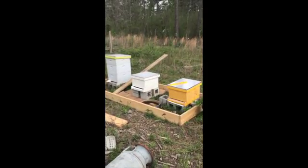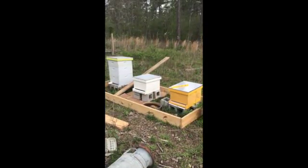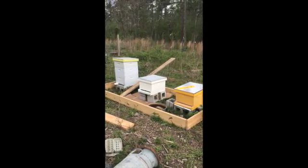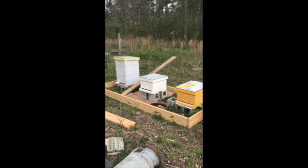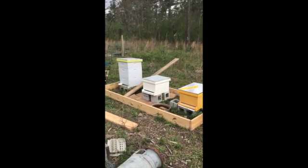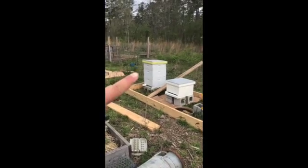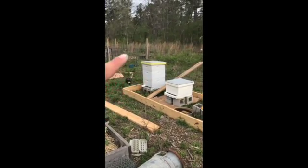Alright, I know it's windy, so you guys might have trouble hearing me, but I just wanted to show you the updated beehives. So the one in the middle is the swarm that we caught out of the tree. Then, okay, so this one here, the tall one, is the original